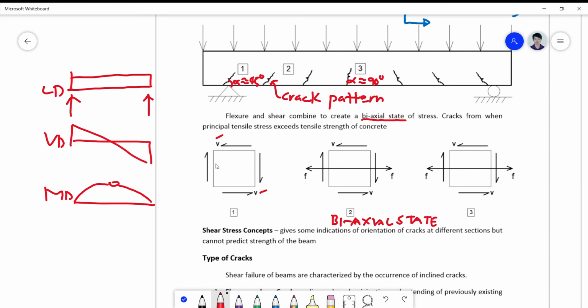Okay, and also this force here, which is also the shear V, must be in equilibrium with this shear force here,